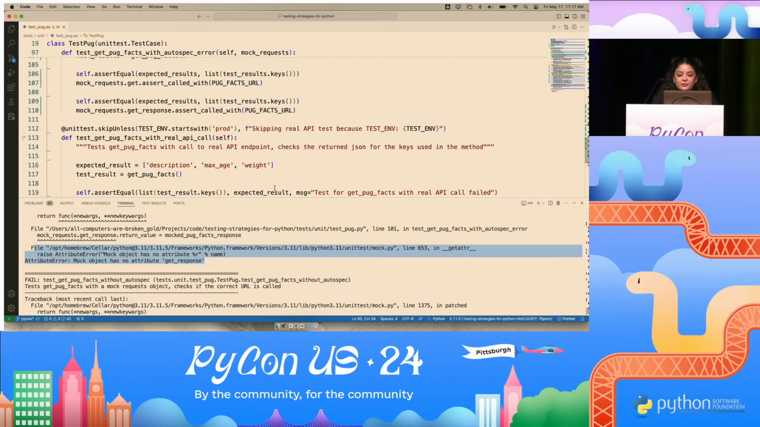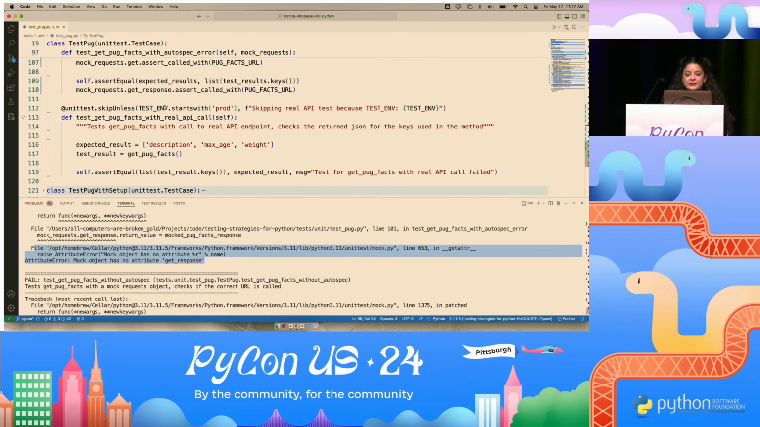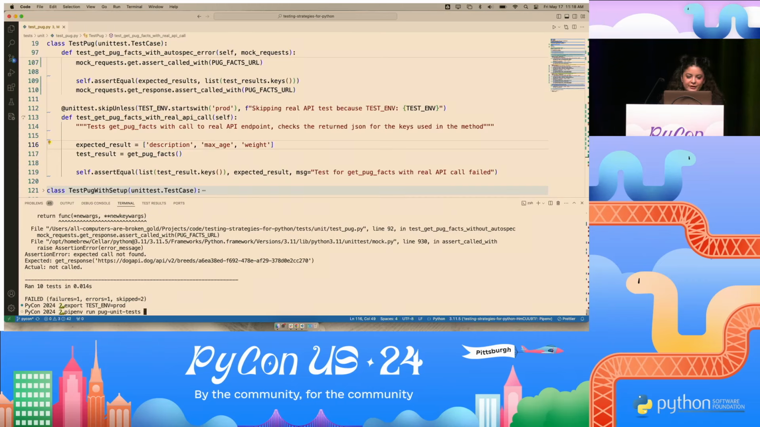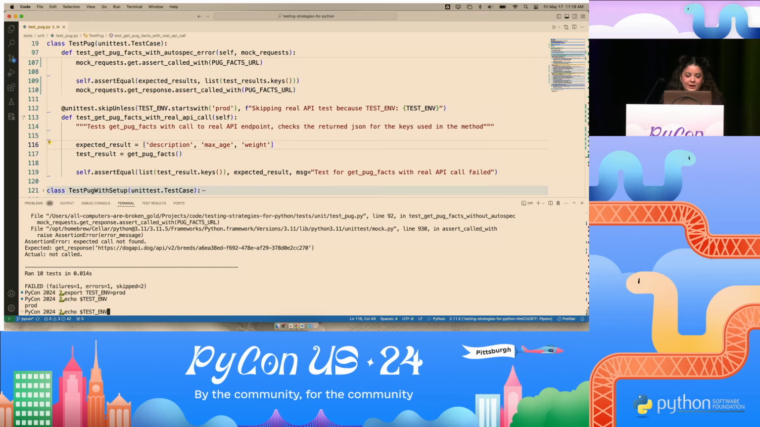So next I talked about how we can use skip test, right? Let's say we're like, okay, I now want to test my application end to end, so I want to make real API calls. How can I do that? And skip test is one of those ways to do that, right? So what we're doing here is we're saying skip unless the test environment is prod. We're going to go ahead and set that here. So it's set. Let's verify. Cool. And if we run it,